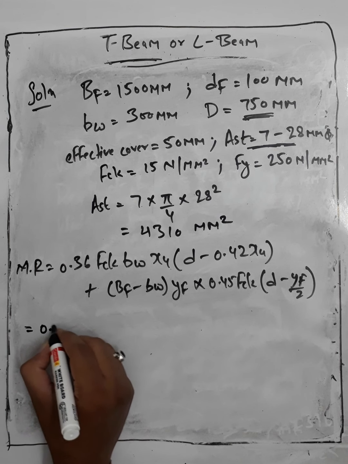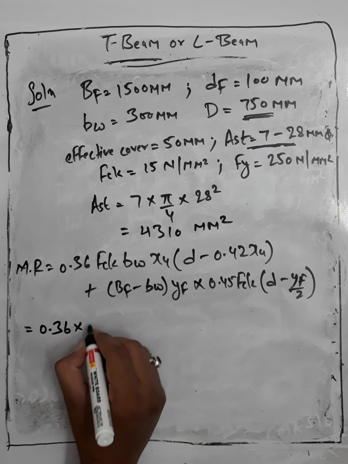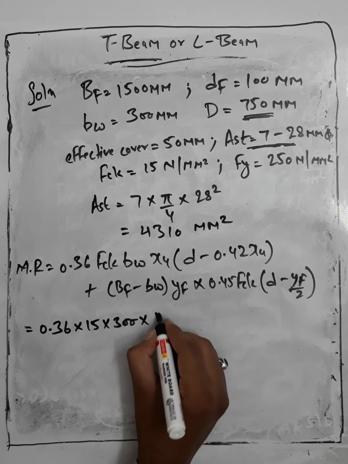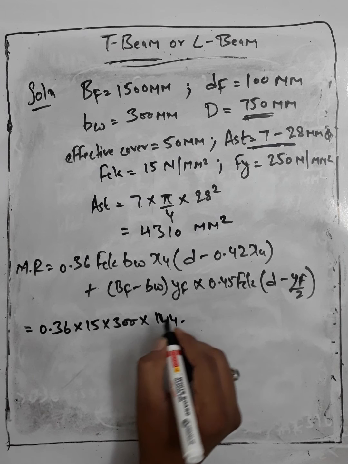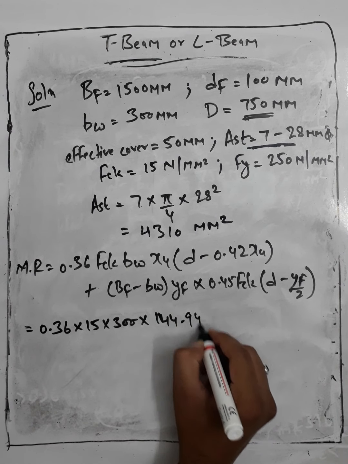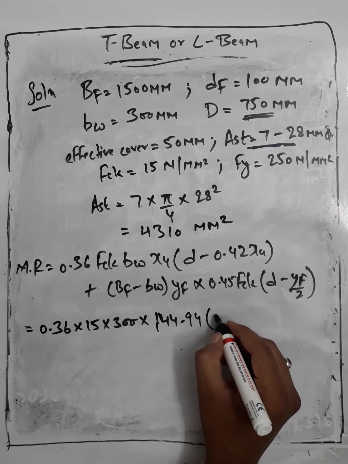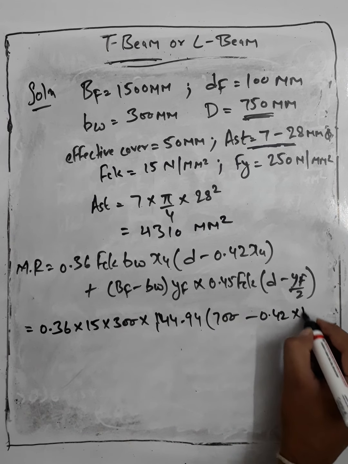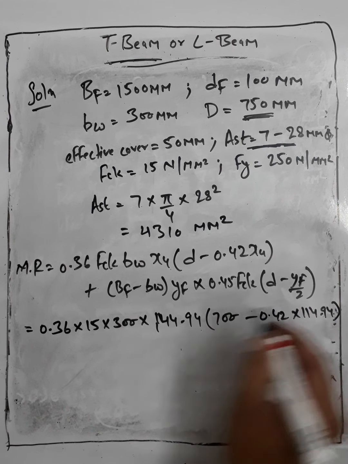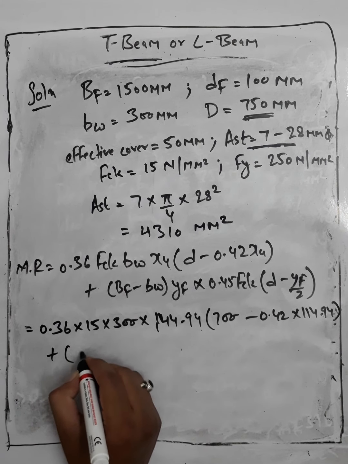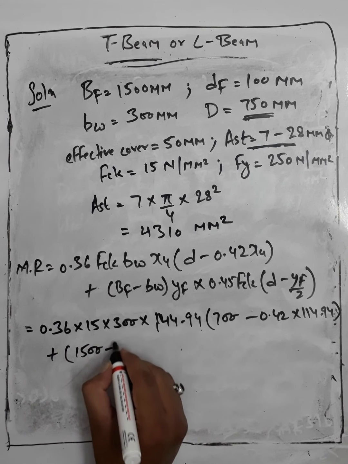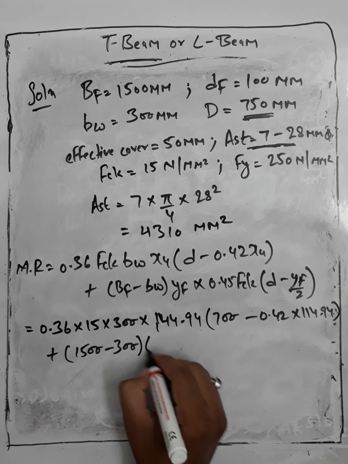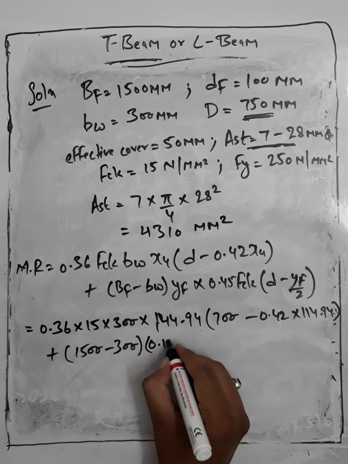So put all values in this equation. 0.36 into 15 into 300 into 144.94, 700 minus 0.42 into 114.94 plus 1500 minus 300. Now YF, here we have to put the YF equation, which is 0.15 into